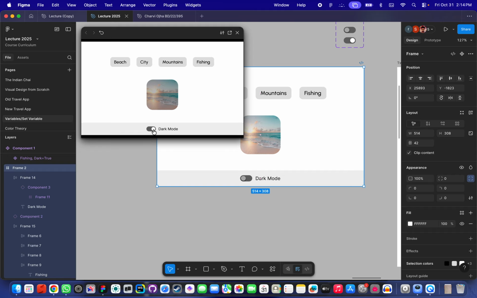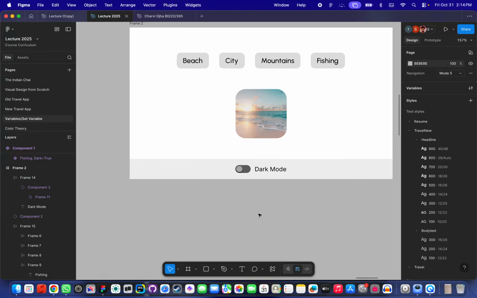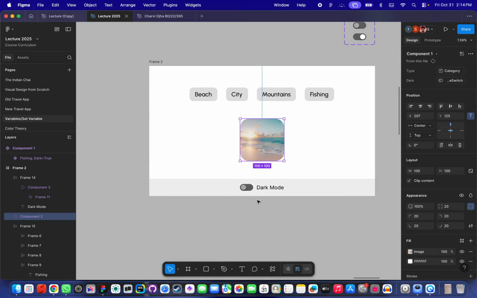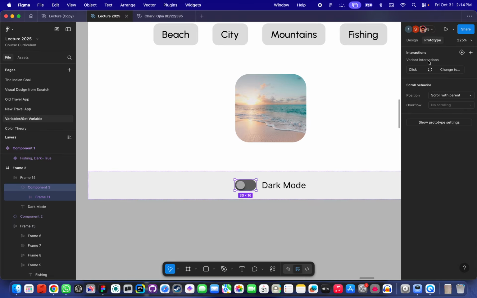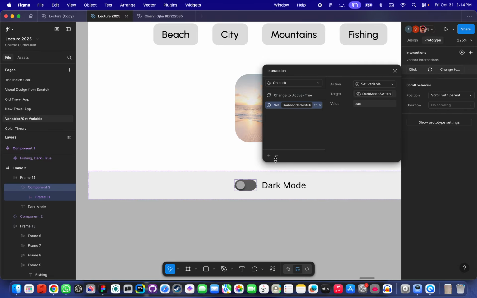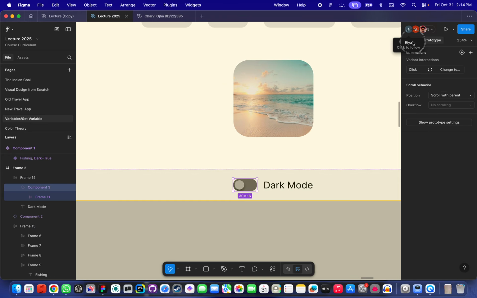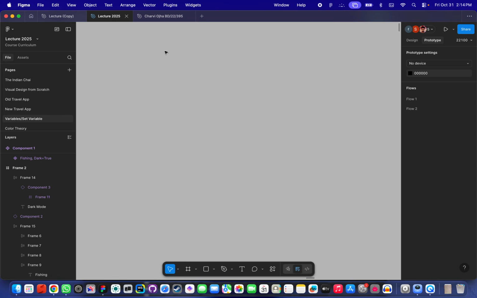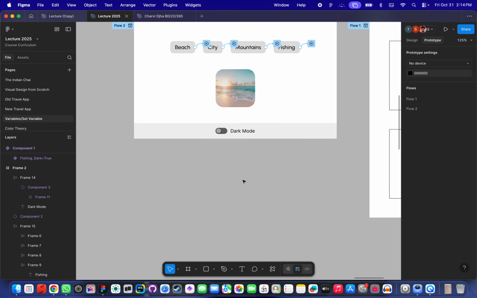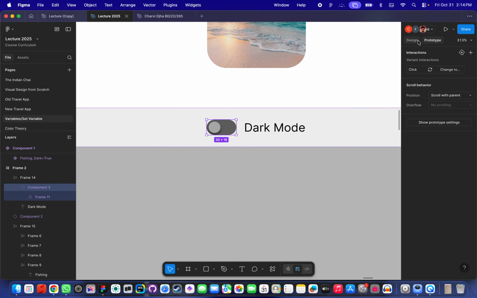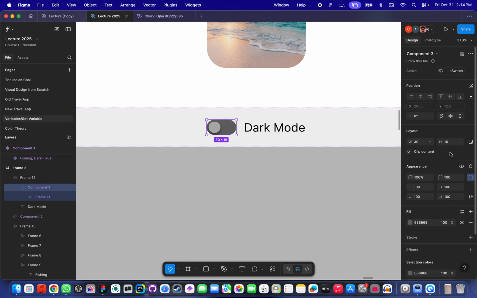So this is one way to do it. We don't need to always do it this way. The other way to do it is, you simply click here, go to prototype and remove that interaction and all of those things, whatever it is, and then simply click on that one and, what did I do? Yeah, and simply click on that one and go here to